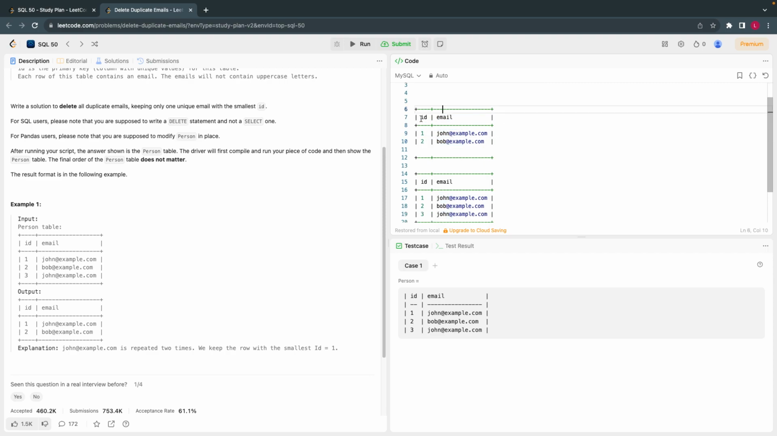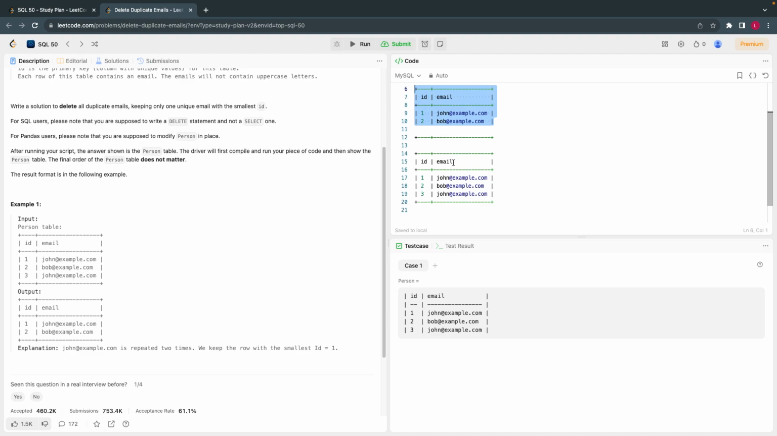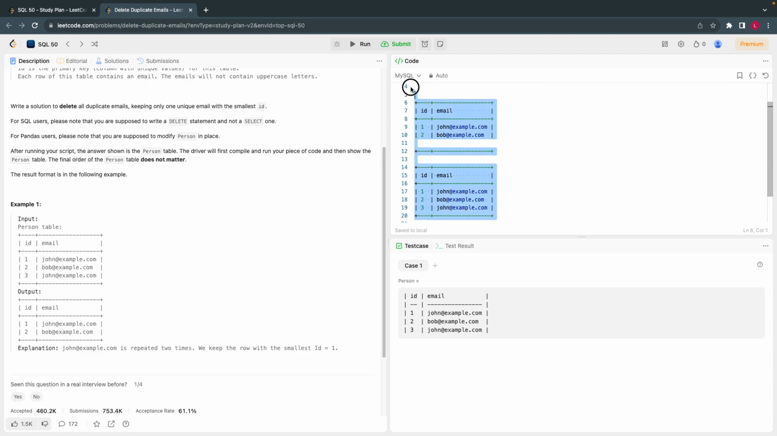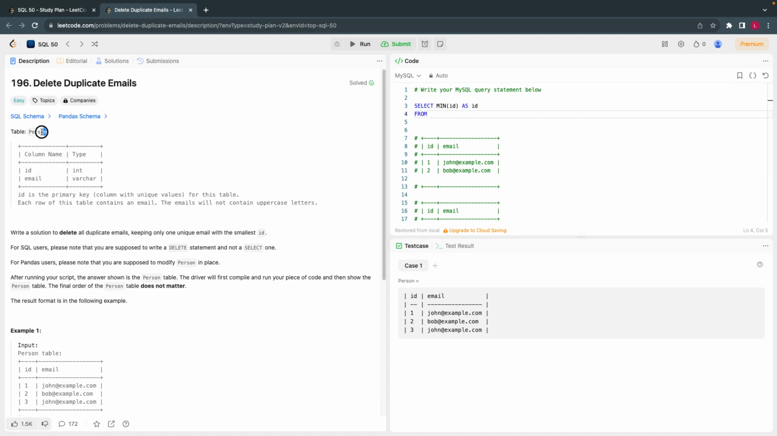I'll take only this ID column, which has 1 and 2, keep that information in one table, and after that I'll delete anything which is not here from this table. So that's the idea. Let's write the code and understand in more detail. The first step is to simply select minimum of ID as ID from the person table,